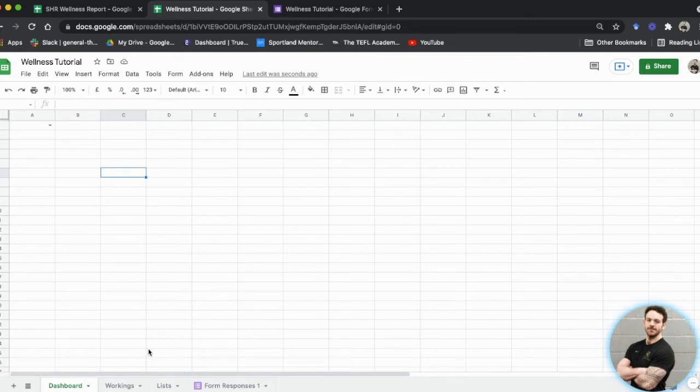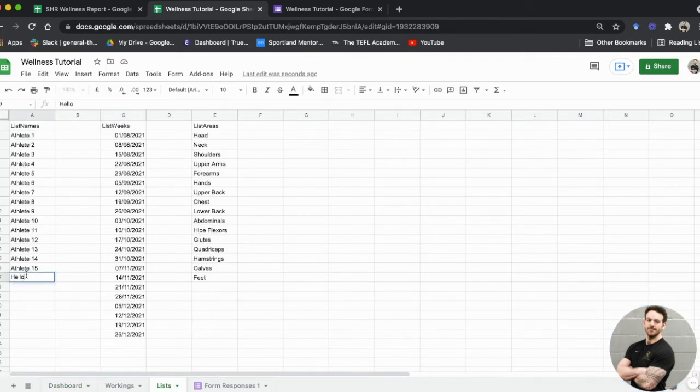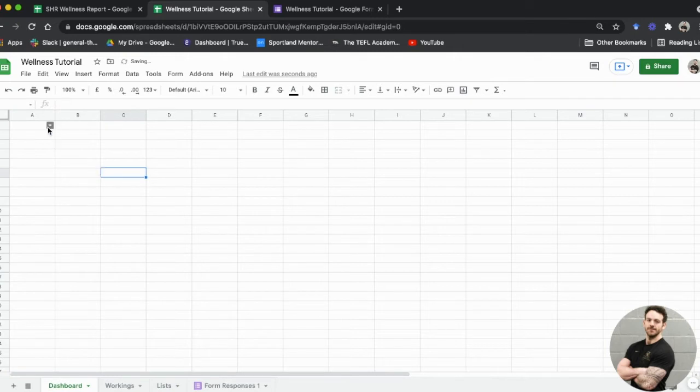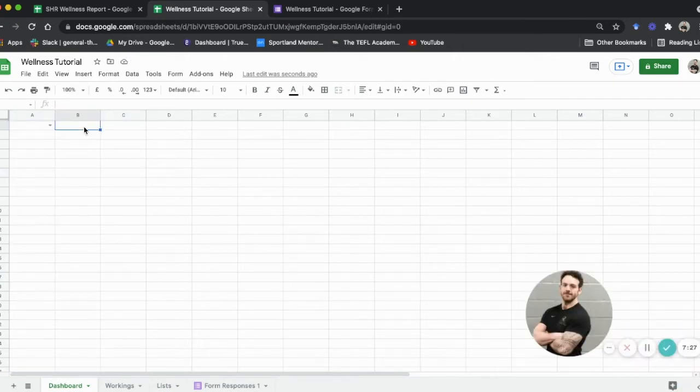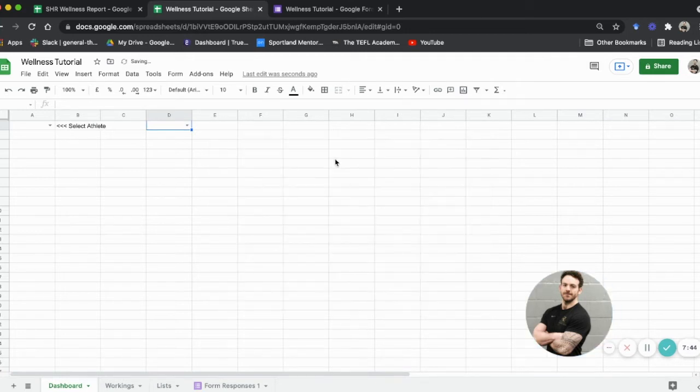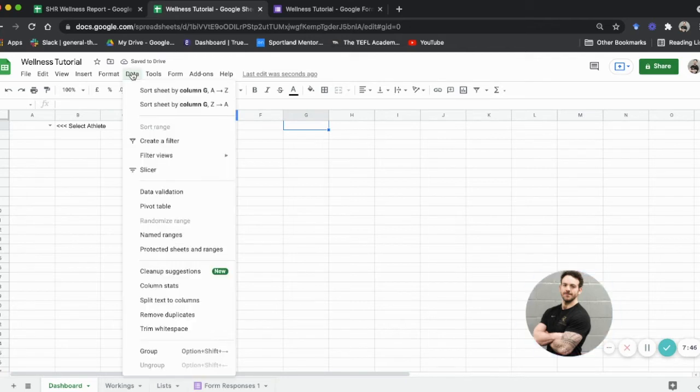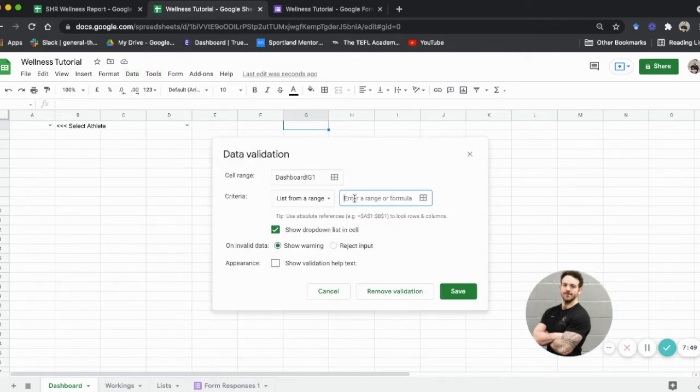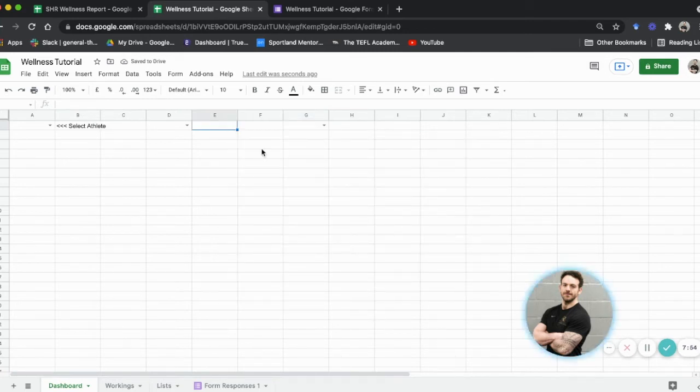If I add something to that in my list sheet, then it will now pop up here. I'm just going to put select athlete, and now I'm going to do the same with the weeks, but I'm going to create 2. So data, data validation, list weeks, and then I'm going to do the same again in G, list weeks. The reason I've put 2 is because I want this to be select start date